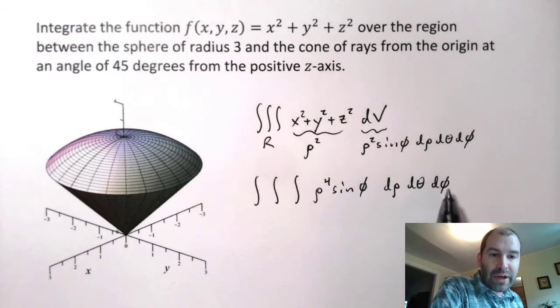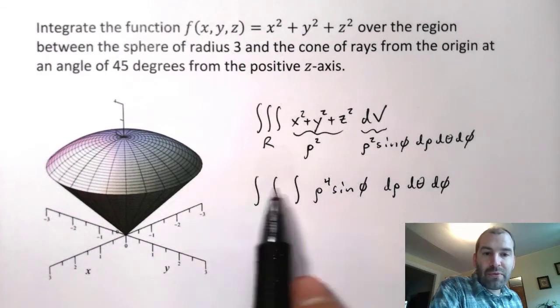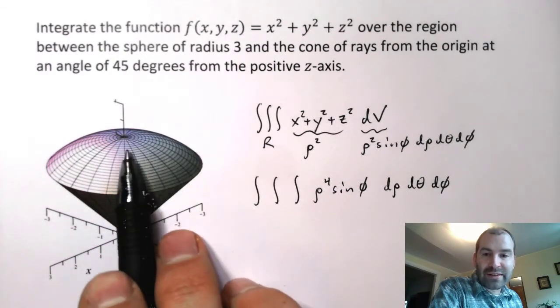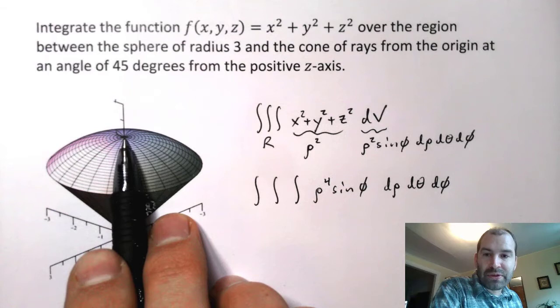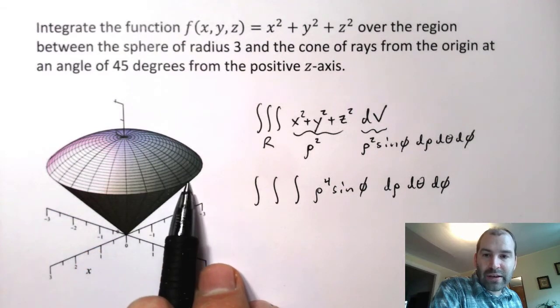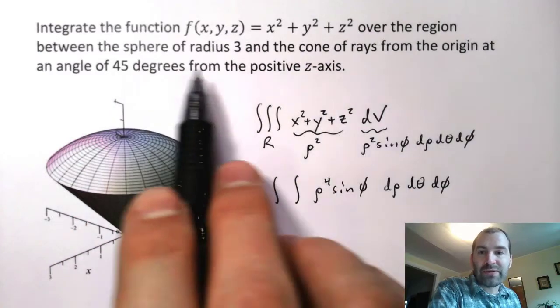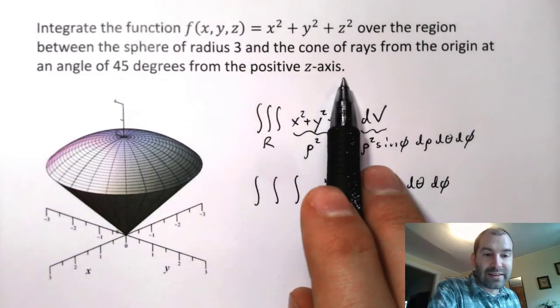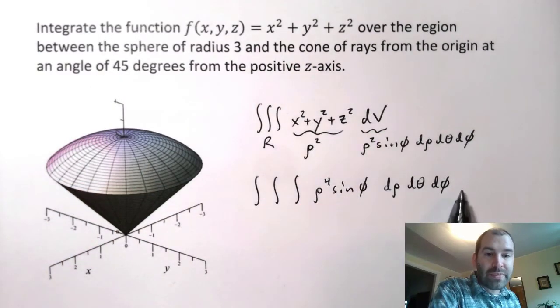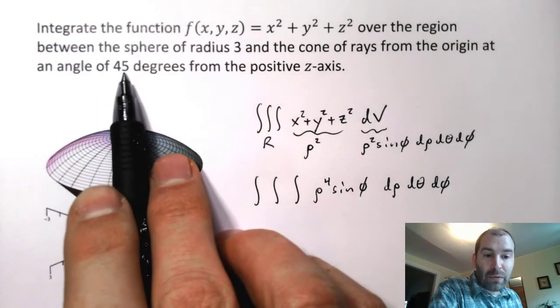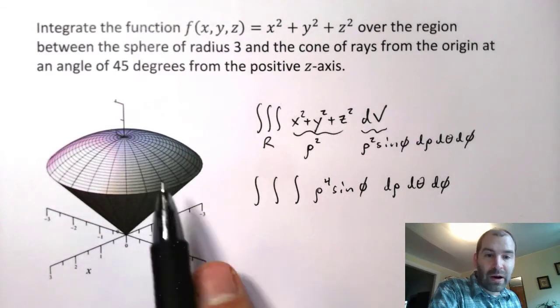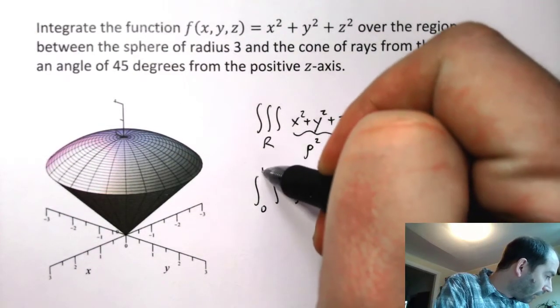So let's figure out what phi ranges from. Phi, remember, is the angle from the z-axis. You can see that phi is going to go all the way from 0 out till we get to the edge of the cone. Well, the cone is 45 degrees from the positive z-axis. Now, we always measure these things in radians, so we'll convert this to radians. This is pi over 4. So we're actually going from 0 to pi over 4. So that is my outermost